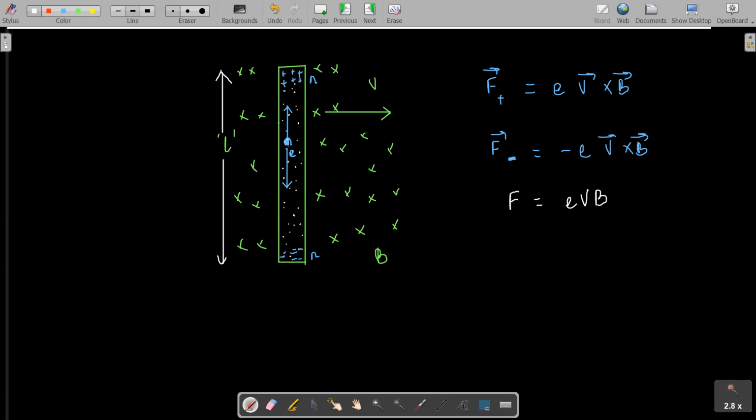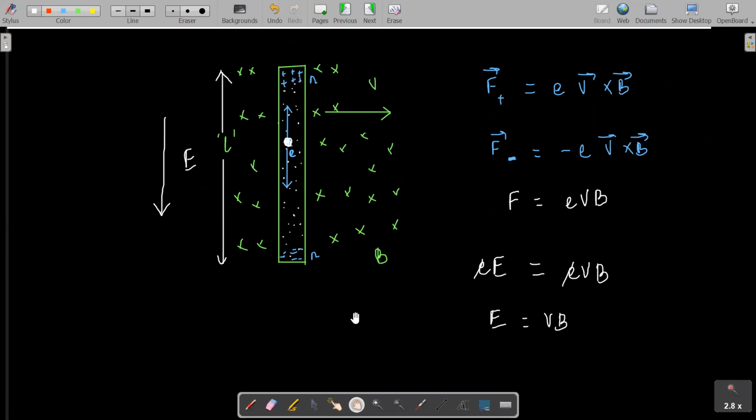And if we are talking about equilibrium, what will you say? If we have a charge e, the electric field will be in this direction. This will be the direction of the electric field, and the magnetic force will be e into v into B. So now you can say that e into E, the electric force, is equal to evB. Right, eE is equal to evB, so e and e will cancel out. So the value of the electric field will be v into B.